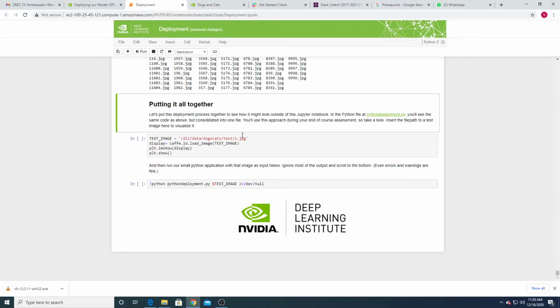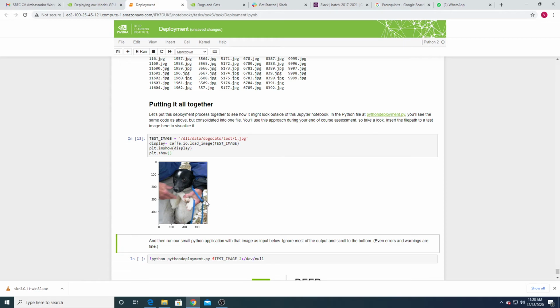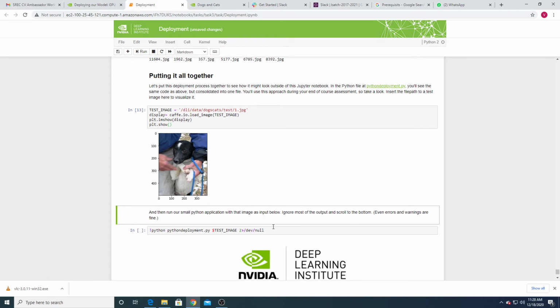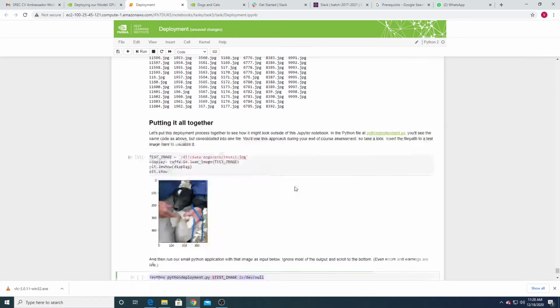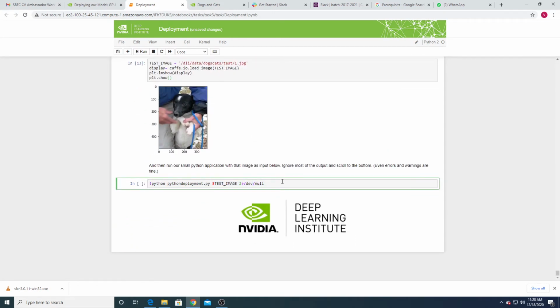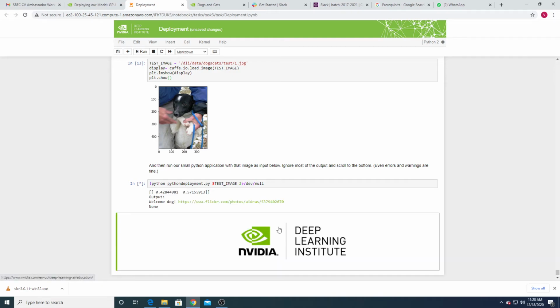Now I am calling one.jpg from this data. It's a dog. To run the complete cell, you just have to use a single line, that's enough. Welcome dog, so it's the welcome dog, right?